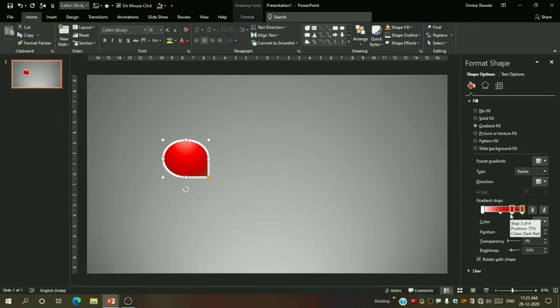Now let us see their positions. The second stop position, let us make it 30%. The third stop position, let us make it 60%.